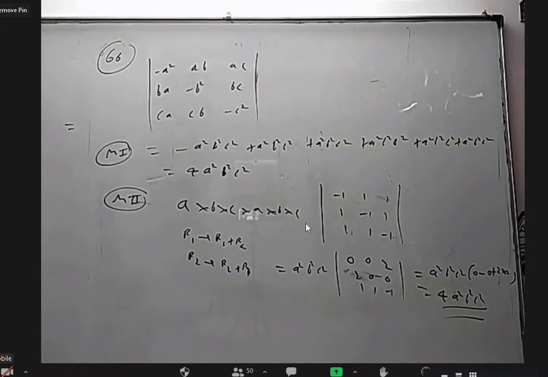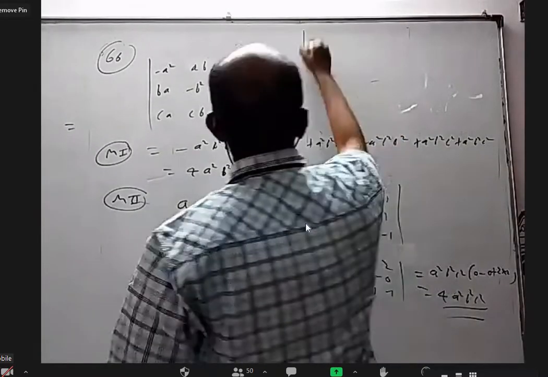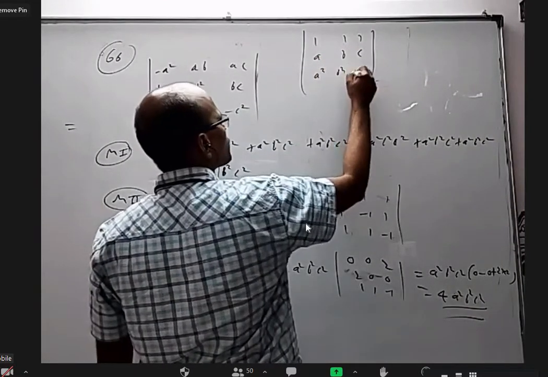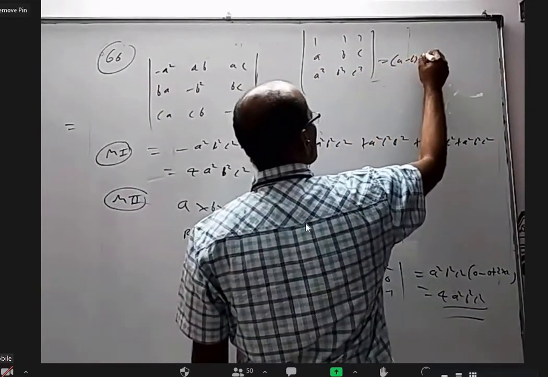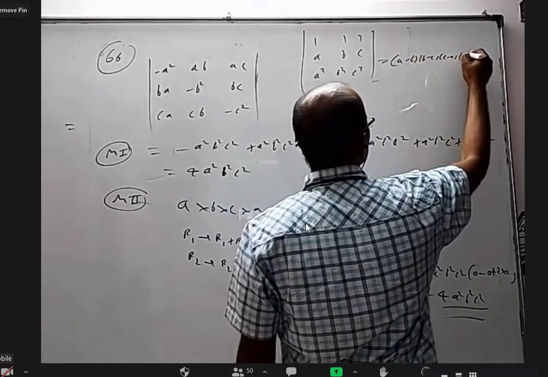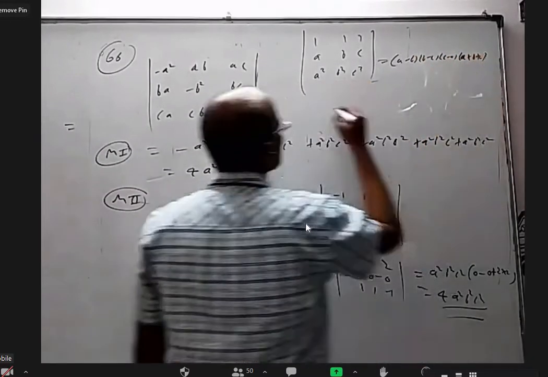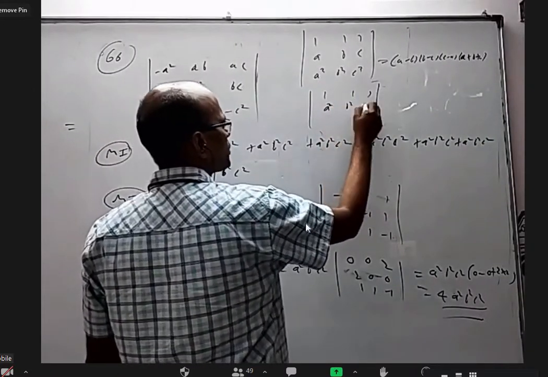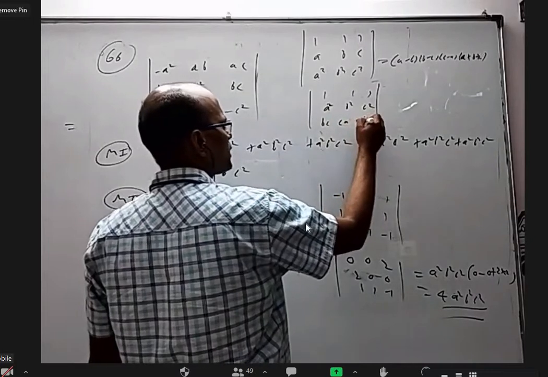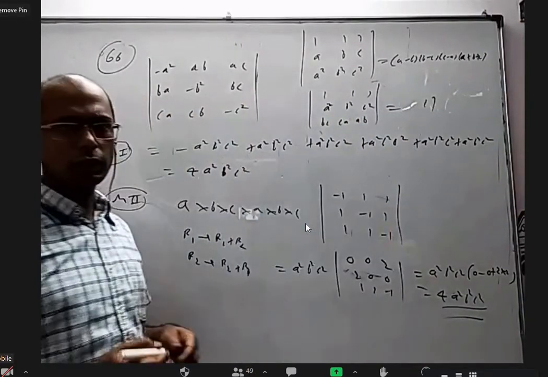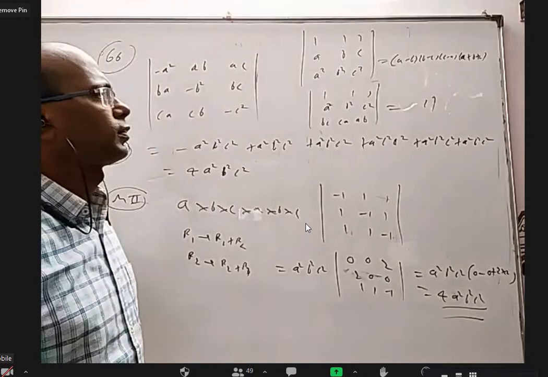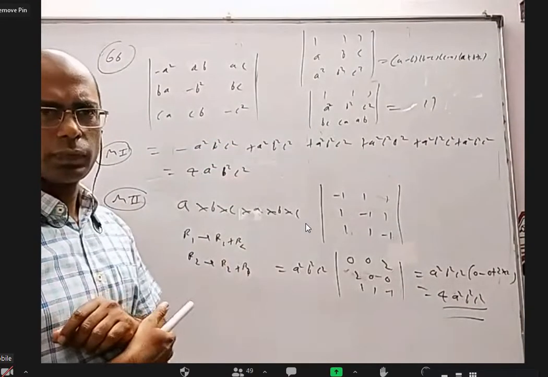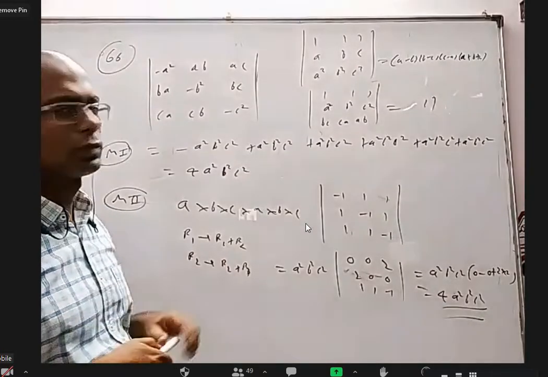Okay. In the class, we did the determinant 1, 1, 1, A, B, C, A cube, B cube, C cube. That we got the answer as A minus B into B minus C into C minus A into A plus B plus C. But here the question was 1, 1, 1, A square, B square, C square, BC, CA, AB. But same answer. Right? Yes, sir, this also we did in the class. Sir, we have done both.